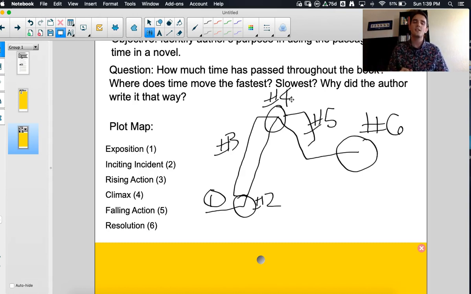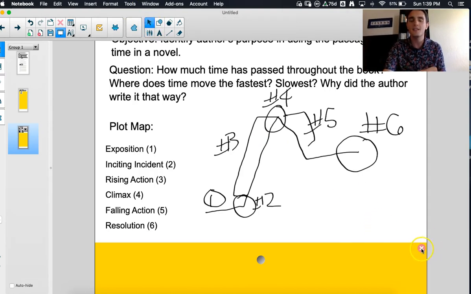So you're going to see that the examples that I have chosen are going to fit right here in the rising action. So we've already seen the inciting incident. We haven't gotten to the climax yet, but we're making some developments with the characters. So let's go ahead and jump right into the textual example. I'm going to talk about both when time is passing really quick and when time is passing really slowly. So I have an example for both,